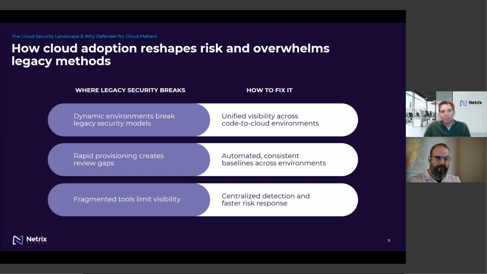An area where Defender for Cloud can definitely help is having visibility into the early process of the design aspect, building it out, and then deploying based on those baselines. And then